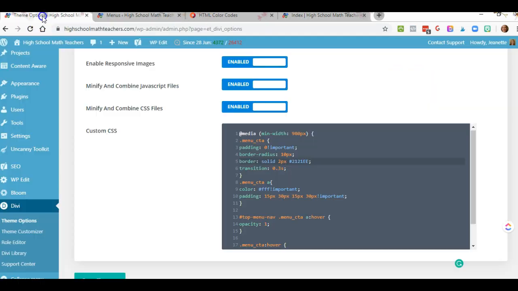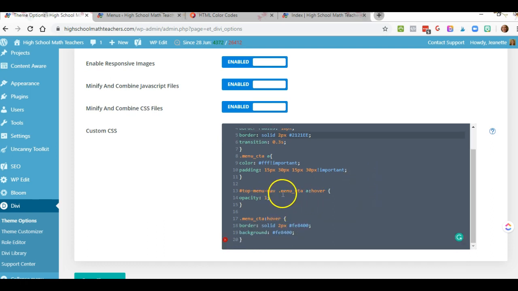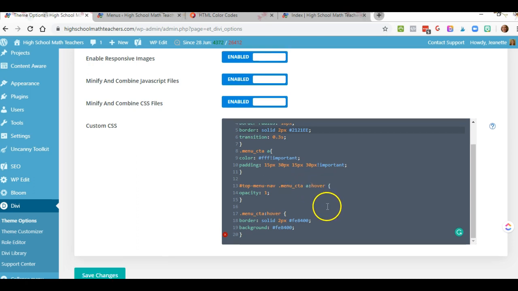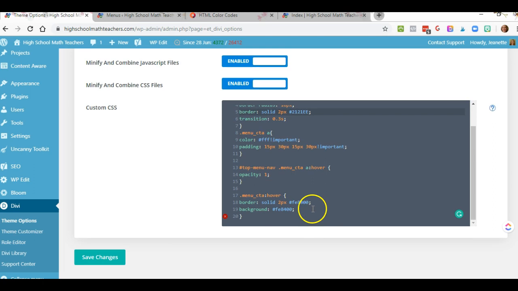So I'm going to go back over to the theme options. And what you're going to see here is as you scroll down, you'll see the word hover. This means everything below this word is what it's going to look like when we hover over it. So the border and the background, I don't want to be orange. So I might say now the background is going to be the blue that I chose before. And maybe I want the border to be,